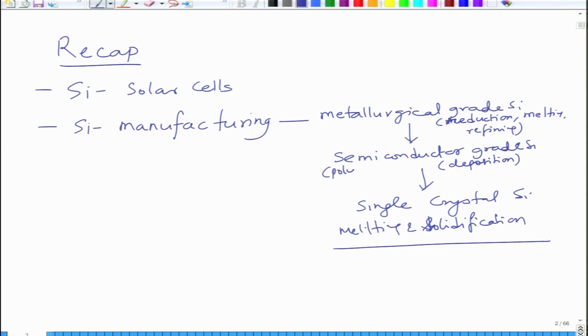So, at this stage we have polysilicon, which is polycrystalline in nature, and then it is converted to a single crystal. As you can see, as you go from metallurgical grade to semiconductor grade to single crystal silicon, the cost keeps increasing, and this is the major reason why silicon is expensive. However, it is still the most common solar cell in the market. The majority of solar cells are silicon, polysilicon as well as single crystal silicon. Polysilicon is more predominant because it is cheaper than single crystal silicon, so it is attractive for economic reasons.